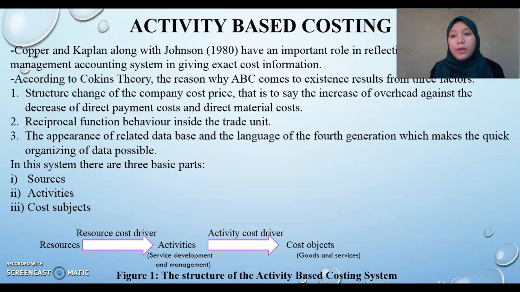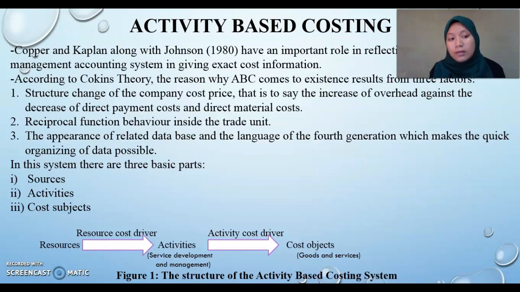Cooper and Kaplan along with Johnson in 1980 had an important role in reflecting the shortcoming of the management accounting system in giving exact cost information. According to Cooper's theory, the reason why ABC came into existence results from three factors. First, structure change of the company cost price. Two, reciprocal function behavior inside the trade unit. Three, the appearance of related data based on the language of the fourth generation, which made the quick organizing